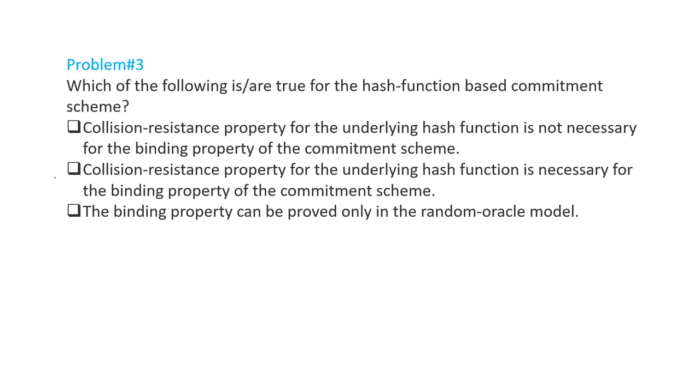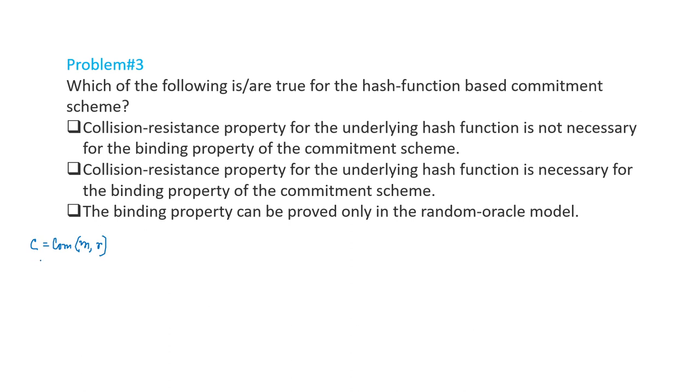Commitment scheme, right? In a commitment scheme you have two phases, you commit and then you open, right? While committing, there are essentially two properties which need to be satisfied by a commitment scheme. One is the hiding property and another is the binding property. For any message, you have some commitment C computed with the message and some randomness, right?